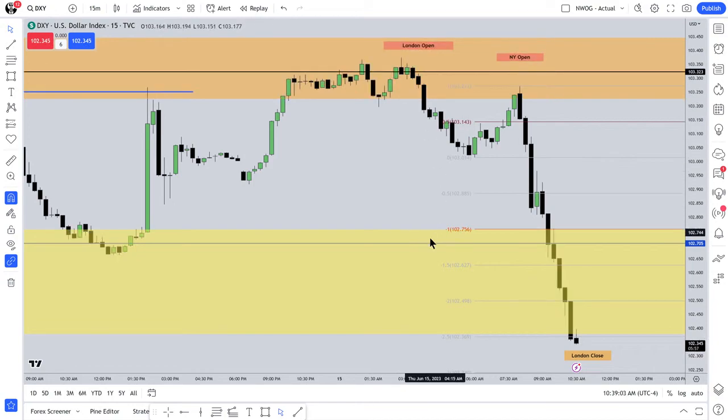This level right here is your low-hanging fruit objective. That's not the end of the road. It means that you frame that idea of taking a trade with this as your draw on liquidity. But every single trade I enter, I always look for some kind of a best case scenario, something more than I expected. Many times I don't ever get that.